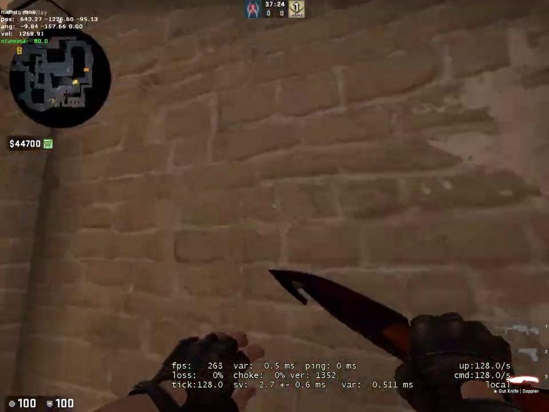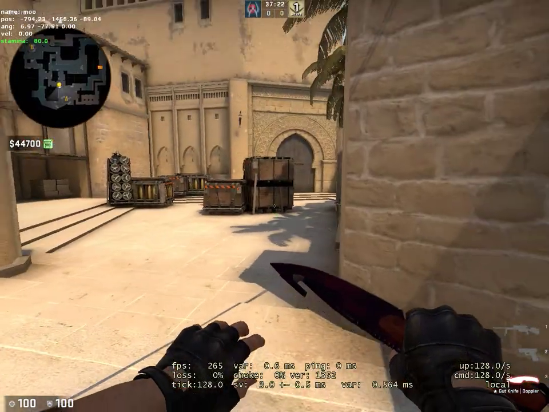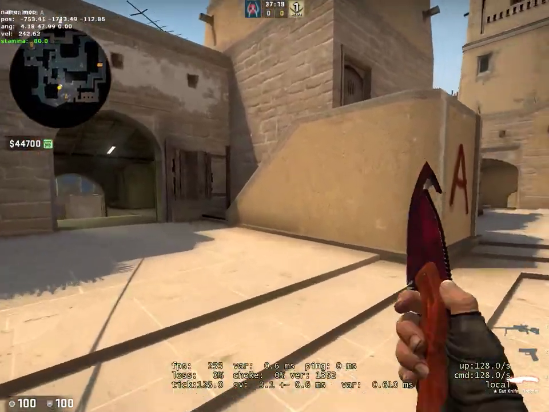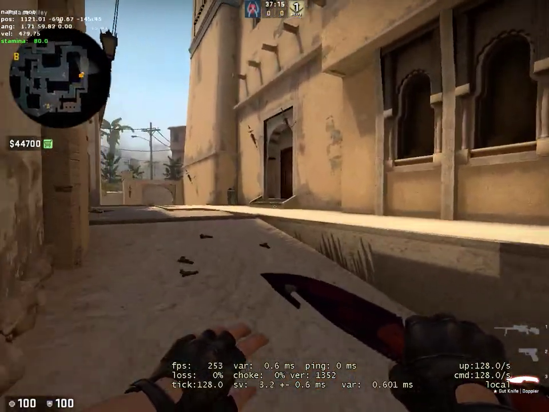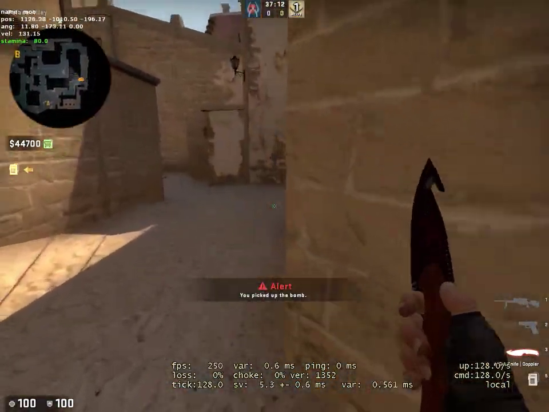So the jungle smoke has a gap, but you're not going to be pushing through it. So yeah, the smoke's very finicky. There's a gap. It's not 100% perfect, but it gets pretty close. All right, so before you start critiquing,